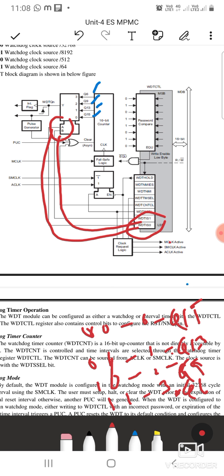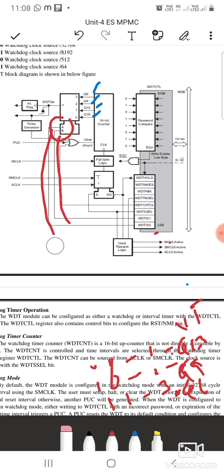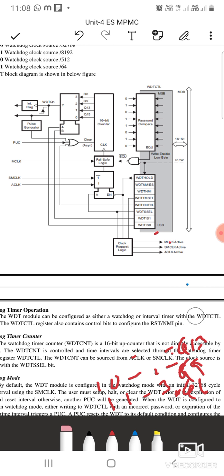And if you are using your watchdog timer in the timer interval mode, then you cannot generate the PUC signal. Only if you are working in the watchdog mode can a PUC be generated.